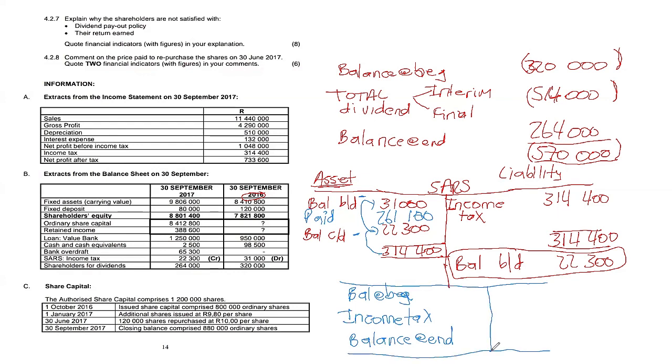Remember, our balance at the beginning for SARS was on the debit side. So again, another way of doing this SARS income tax in a simpler way, you will say